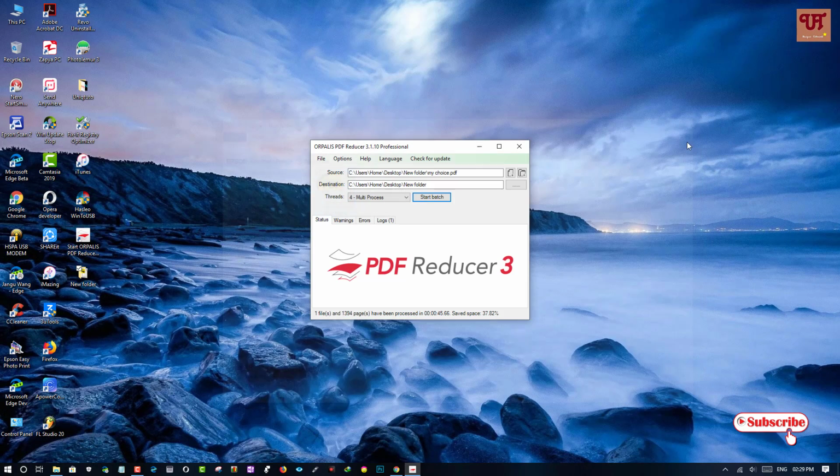So in this way you can save lots of space by reducing the PDF files without losing their quality. I hope you find it useful,